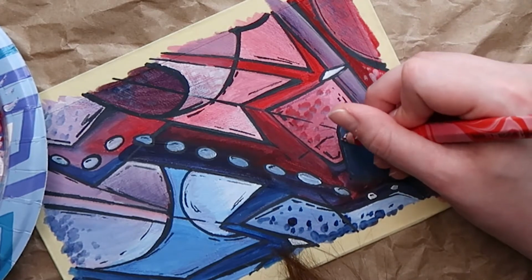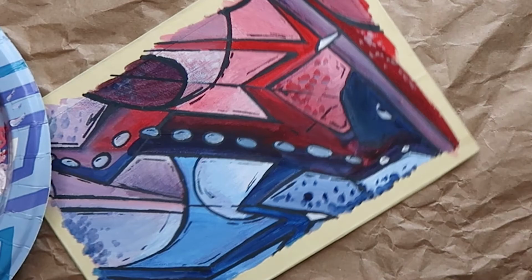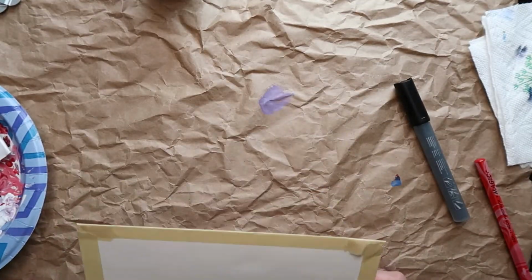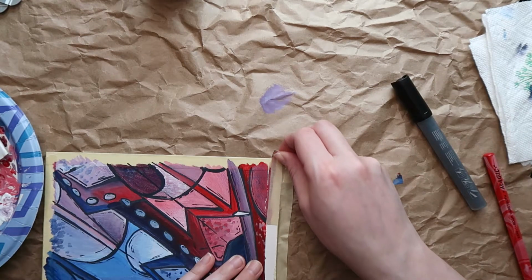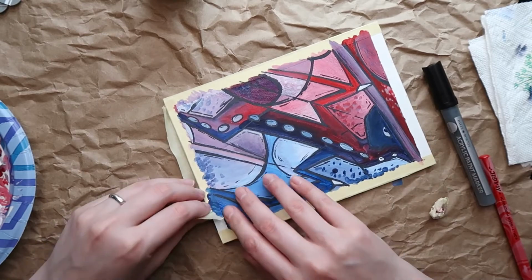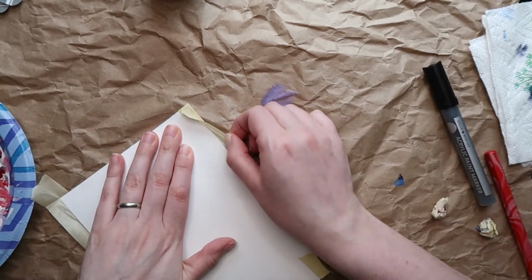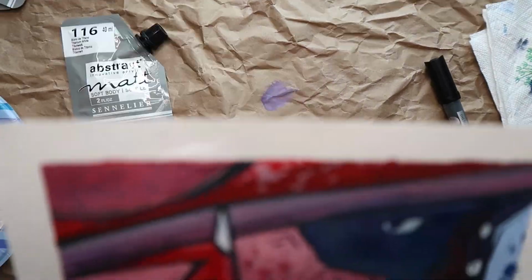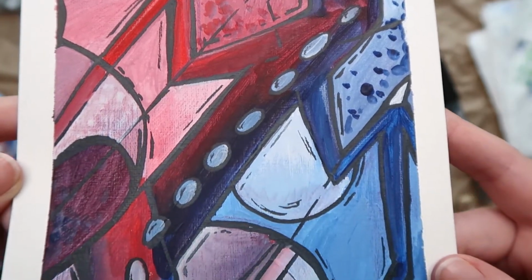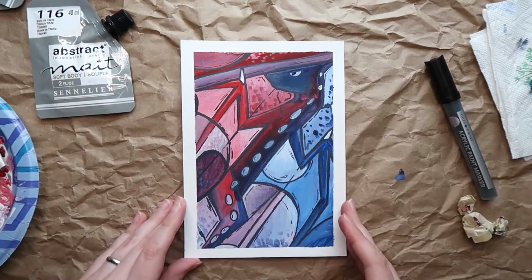The only regret I have about this art is that it's so small. I used only the paper that it came with. I don't have canvas to paint on, so I had to use what they gave me. This would have looked really cool if it were bigger. I'd probably put it on my wall. But, you know, I'm not a painter. I don't have canvas, so I'm fine with this. It's fine. But ultimately, we're done. Check it out. That's my very first acrylic painting, my very first abstract painting, and my finished art for the